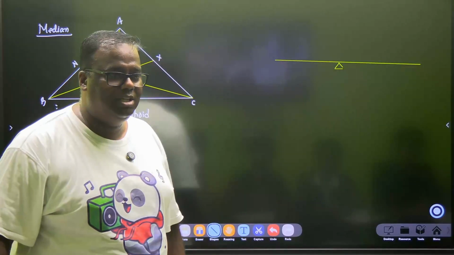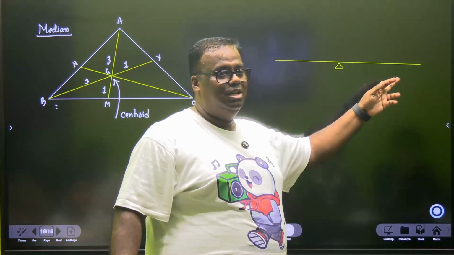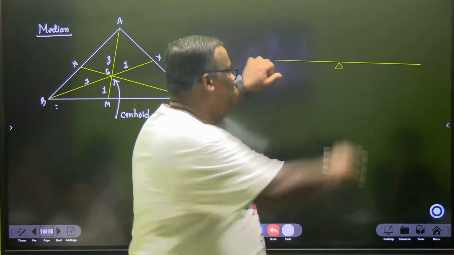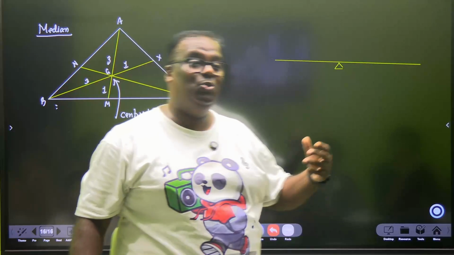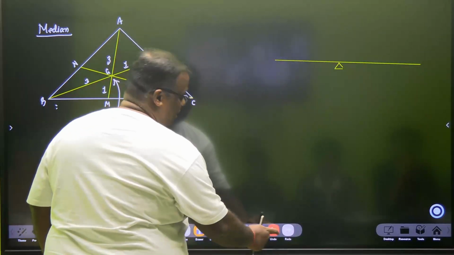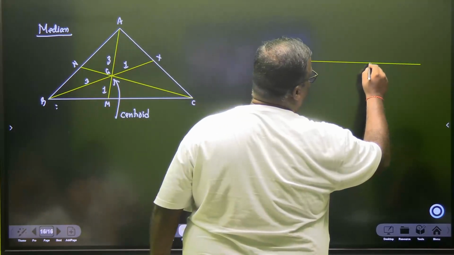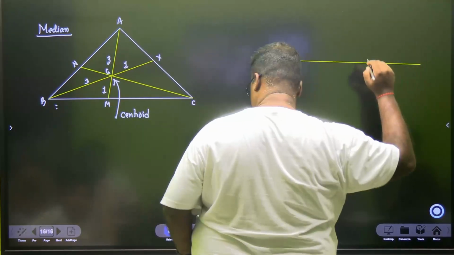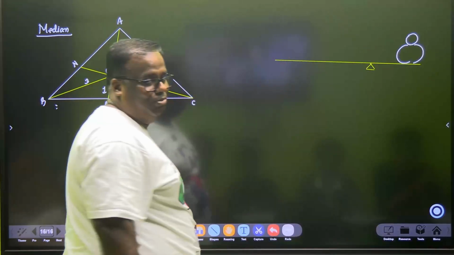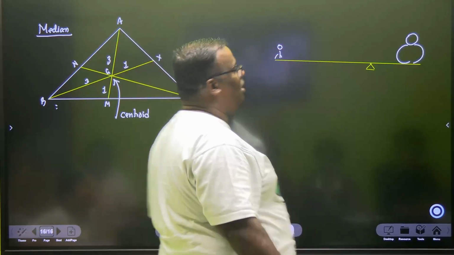But who are sitting now? Humpty and Dumpty. And if Humpty and Dumpty sit, then this will never be like this. It will be in this manner. But you want Humpty and Dumpty to be balanced. So what should your job be? Your job is to move the knife edge. The knife edge will be moving on whose side? Humpty's side. On Humpty's side, the knife edge will move, and on Dumpty's side, it is far away. And let's say the ratio is